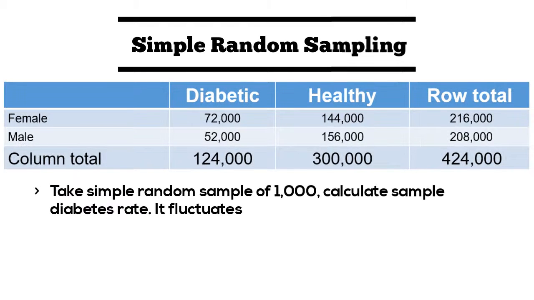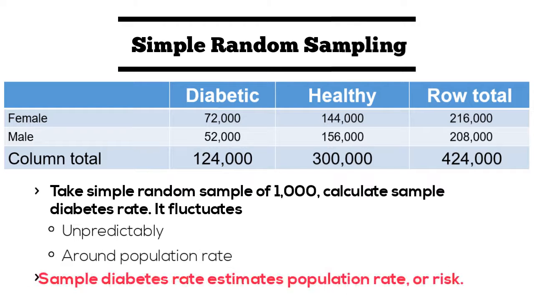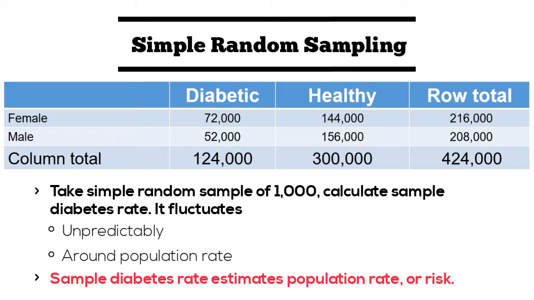Suppose we take a simple random sample of 1,000 from this population. Firstly, it is a random quantity, meaning if we repeat the sampling many times, calculating the resulting sample rate each time, these numbers will fluctuate, and it is impossible to predict exactly what will be obtained. Secondly, the sample rates will fluctuate around the population rate, which is 0.29 in this case. To know the diabetes rate, one has to test every one of the 424,000 people. A more practical solution is to take a simple random sample and to use the sample rate to estimate the